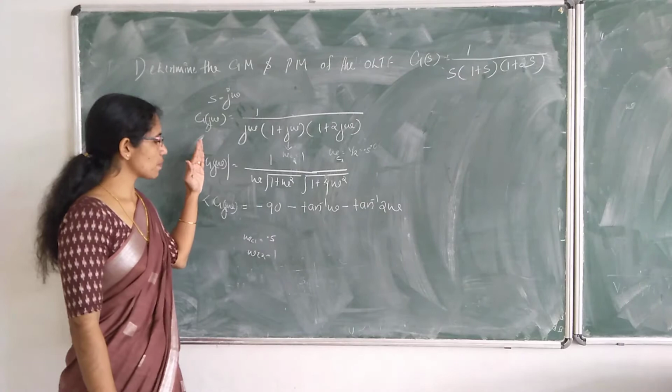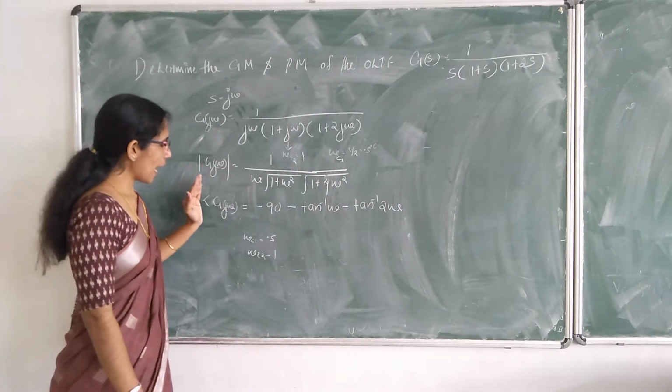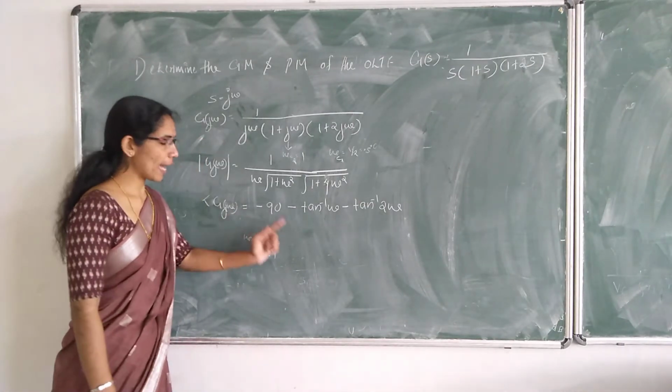We need to find the magnitude of G(j omega) and the angle of G(j omega) around the